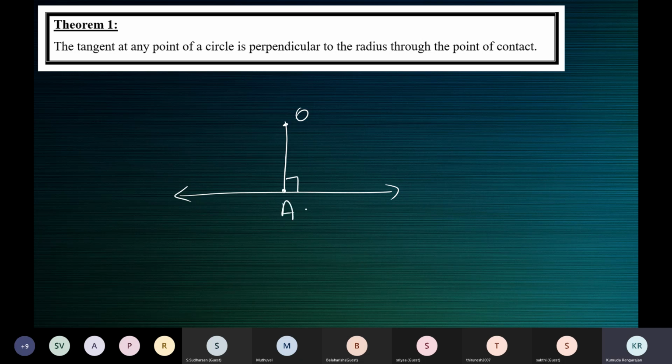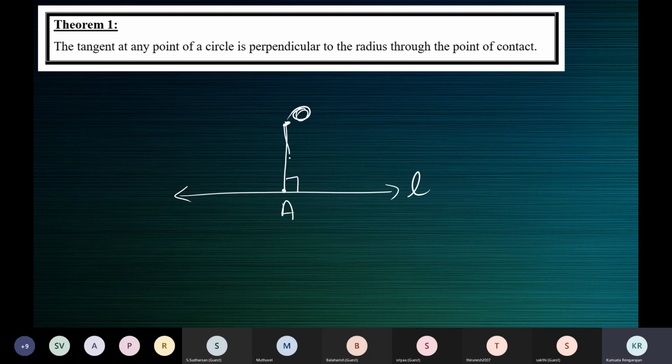What should you look out for? Is there a line? Yes, there is a line L. Is there a point lying outside the line L? Yes, there is a point O lying outside the line L. Now I'm saying OA